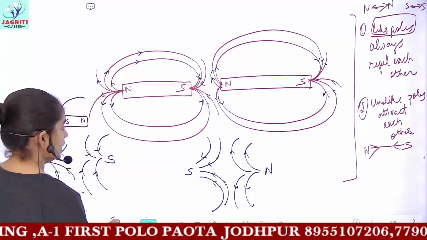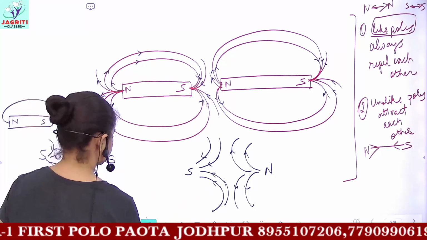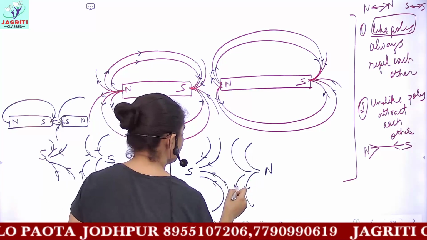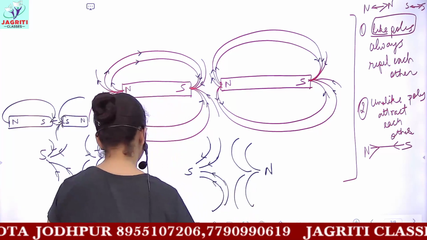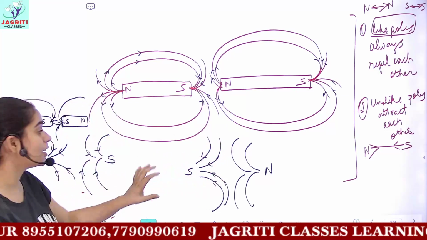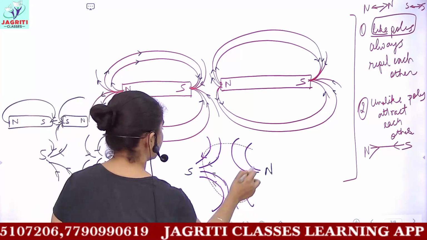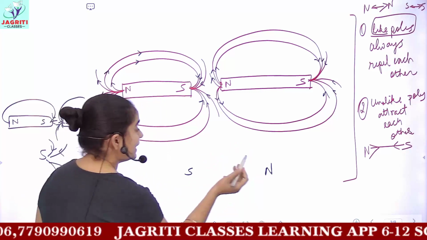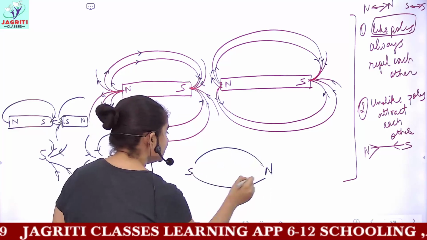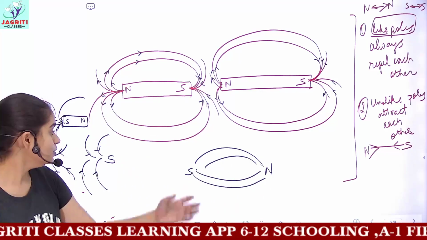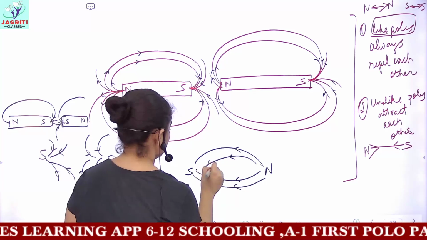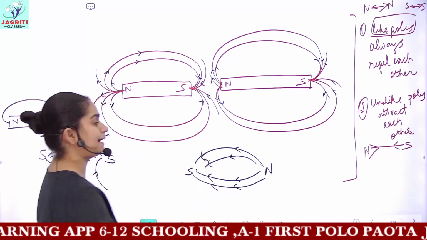Here you can also correct them. See, here what we made is, I just signified the opposite direction. So there was certain confusion here. That is, the magnetic field lines are moving towards the south. So you can also draw them as we have in the diagram, that the magnetic field lines move away from the north towards the south. Okay, so the proper figure would be like this. This would be the direction of magnetic field lines.